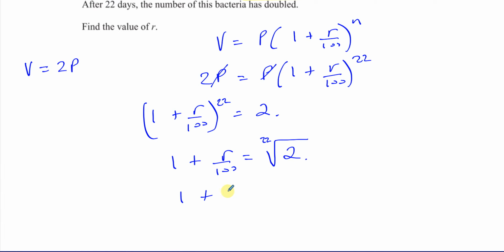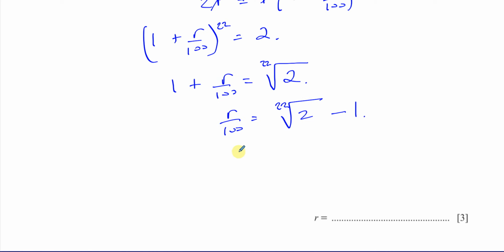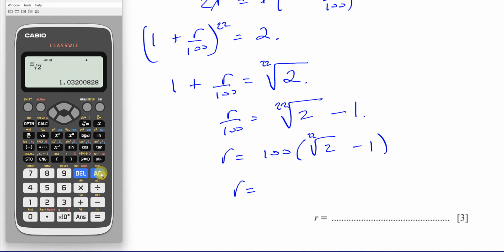So you have 1 plus R, or you can subtract 1 from both sides. So we have R over 100 is equal to 22nd root of 2 minus 1, and then we can multiply both sides by 100. So it's going to be 100 times the 22nd root of 2 minus 1, and that will give you your value of R. So instead of rounding, we can just leave it in this way. So what I'll do is I'll do 100 times, as I said, the 22nd root of 2, and then make sure the minus 1 is outside the root sign, close the bracket, and that will give you your value of R, which is